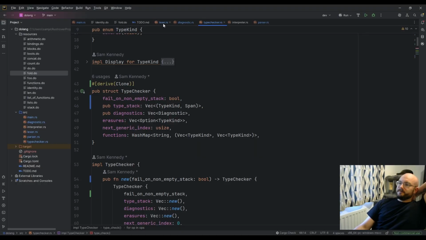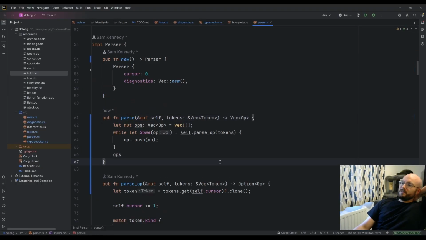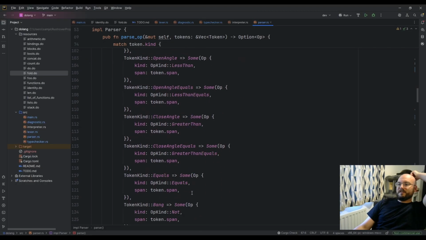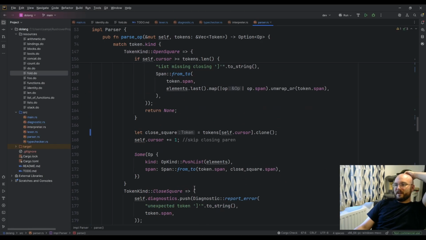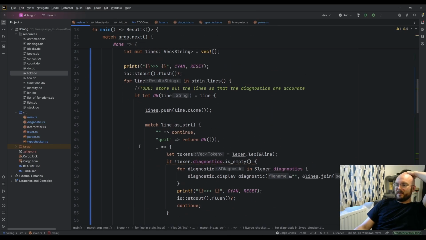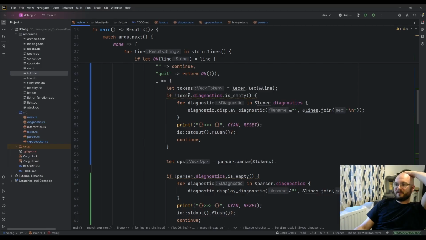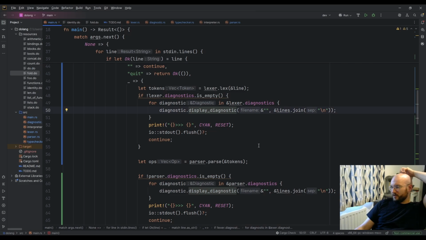So, I know we were trying not to make a new parser and lexer on every iteration, but I think we might have to. Because otherwise we just have to reset the diagnostics and the... I guess we could have a reset on them, but that's very REPL specific.